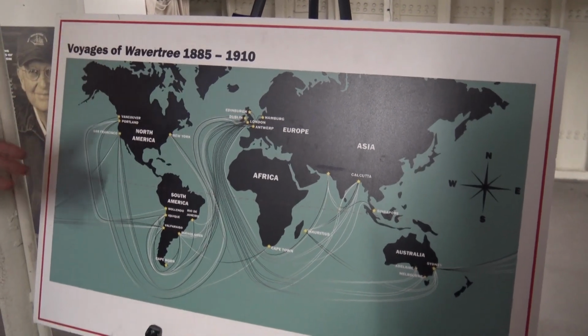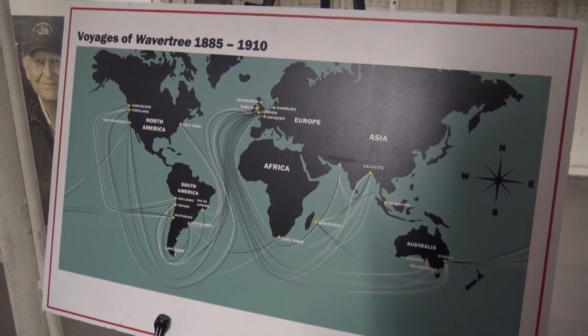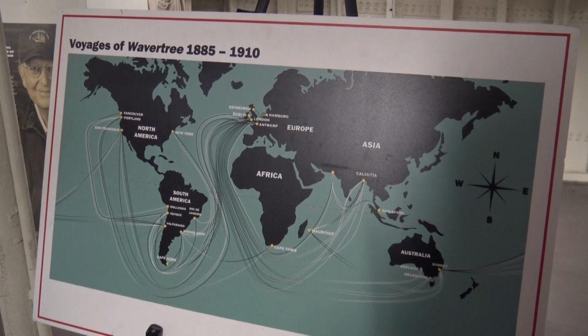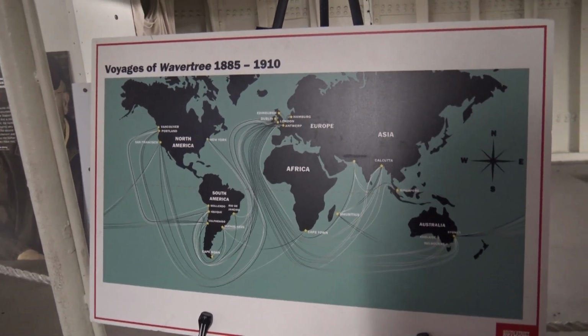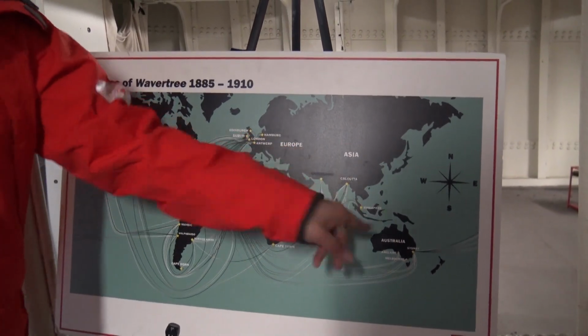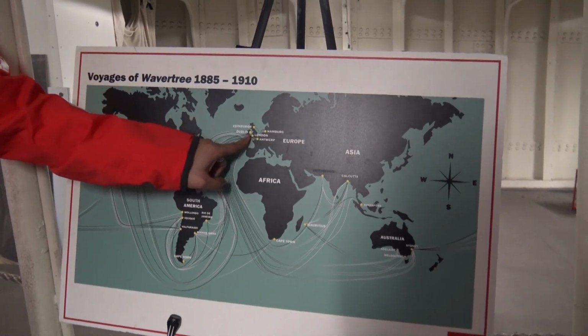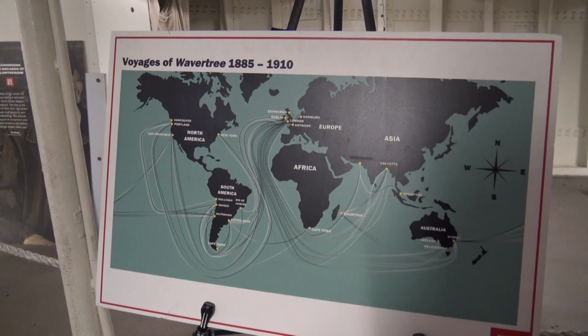And it is what is known as a tramp trader. That is a little bit of an outdated nautical term, suggesting that Miss Wavertree, she gets around and she sees wherever she likes. We don't shame her, though. She can do as she pleases. She saw 6 mainland continents during her 25 years. Sorry, Antarctica. Ending our tour in the year 1910 because of a massive hurricane off the coast of an area